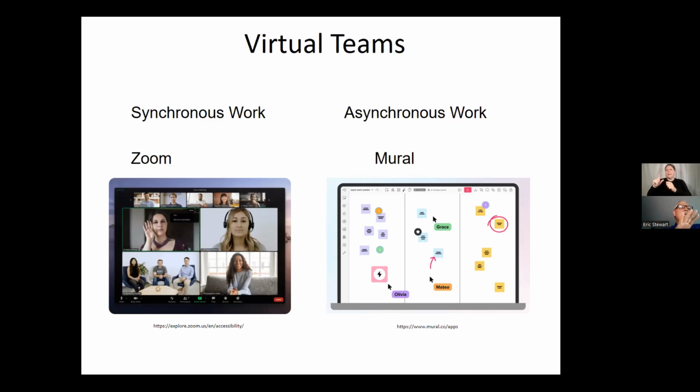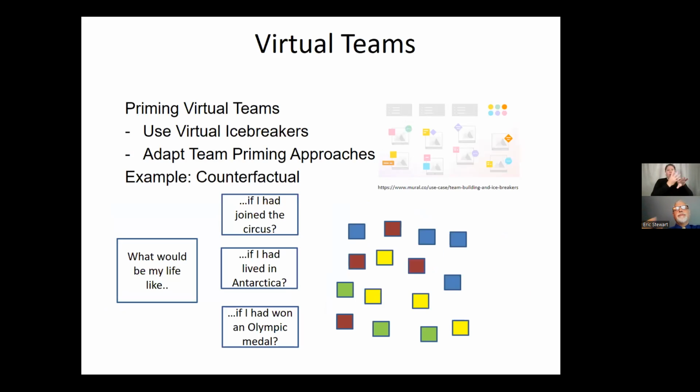I think that in creative work, you should leverage both. You should meet synchronously and then put the work asynchronous so that you give people that percolation time, that time to be able to think things through. Now,